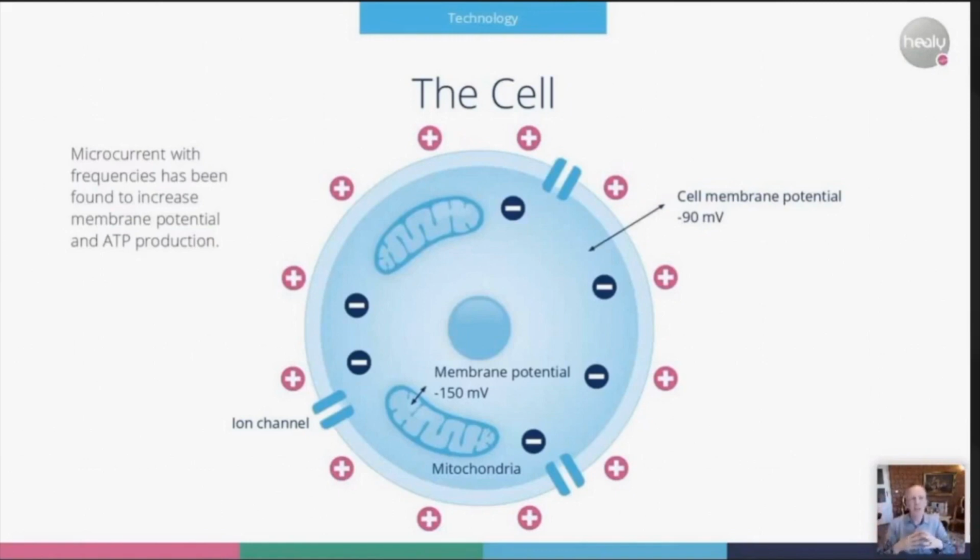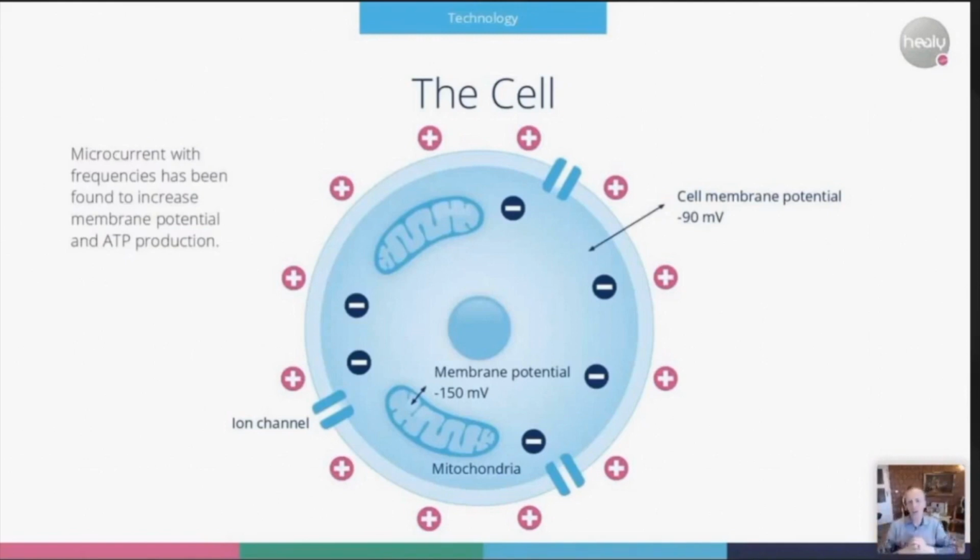So actually, I have done a lot of research on the state of science on the cell membrane potential and on the mitochondria, and they all indicate that microcurrent, especially with the low frequencies, can be supportive for both of these membrane potentials, for the cell membrane potential itself and for the membrane potential of the mitochondria also. So here we have a very good model to explain how the microcurrent dominant aspect of Healy works, whereas the Nunonina programs of the Healy are mainly focusing on the effect of the frequencies on the bioenergetic field. So we are relying, when we use Healy, on both of these effects. We want to harmonize the bioenergetic field with the higher frequencies, and with the lower frequency microcurrent, we want to support the cellular energy. And all this together